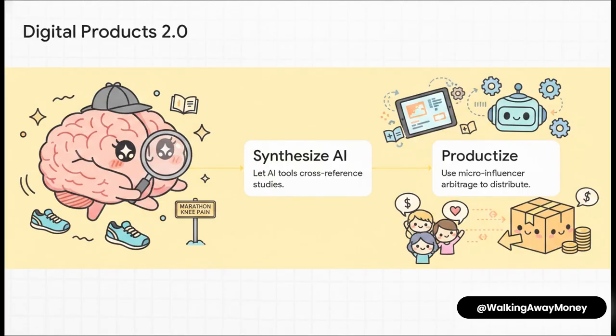First up is the third layer theory. This means drilling down past those broad, generic topics into a hyper-specific value zone. So don't target general fitness. Target resolving knee pain during long runs for marathoners over 50. See the difference? Second, let the AI synthesize the solution by cross-referencing studies. And third, distribute it by finding micro-influencers whose audience is perfectly aligned with that specific problem, and you just split